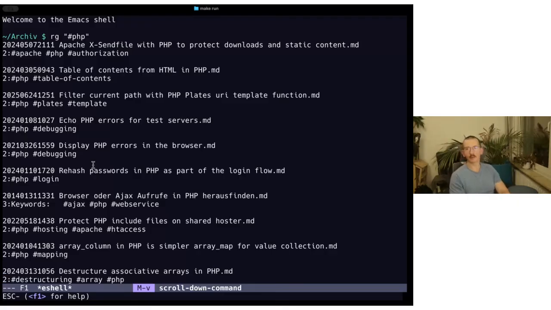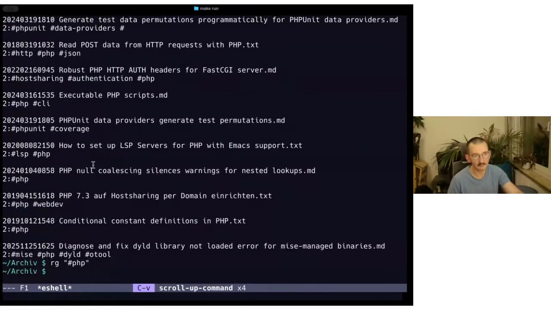Like, I don't know what I'm looking for. It was PHP related. I hope I used the hashtag correctly, and then I kill all these nodes from my archive. The metaphor doesn't work that way, but still you get a lot of results here, and you could use this as a way to filter from 11,000 nodes down to 50 or so,